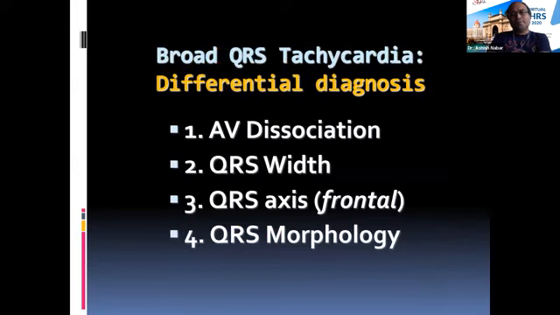Now, how do you distinguish, or how do you decipher a wide QRS tachycardia? Of course, the most important thing is AV dissociation. If at all you see AV dissociation, you don't have to bother about other criteria, and it's clear-cut VT, because SVT would not happen with AV dissociation, wherein the QRSs are more than the P waves. So therefore, AV dissociation is a hallmark of a VT. Then there are certain things that you must study in the QRS, and we'll talk about them in a little more detail.